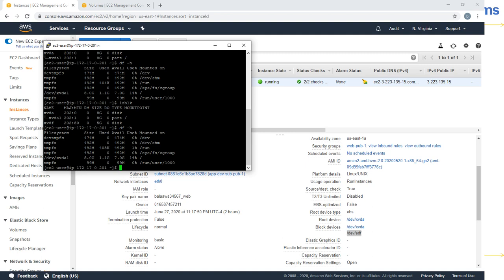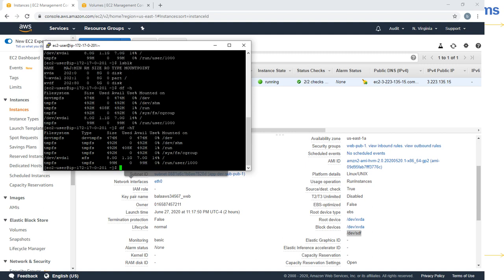But how do you find the file system? Again, you have to perform a simple command, df -hT. If you use this command, you will be able to see the file system. See over here, XFS, 8 GB, 1 GB of space used, and 7 GB is available. So this is the file system.